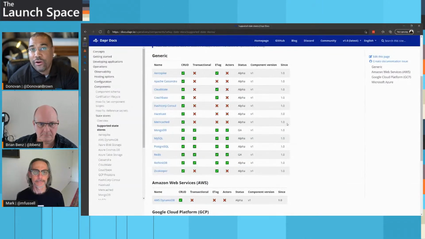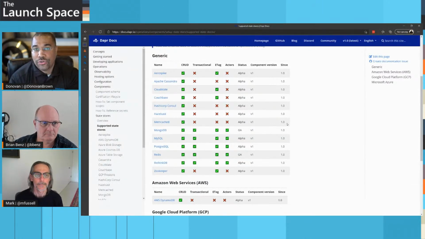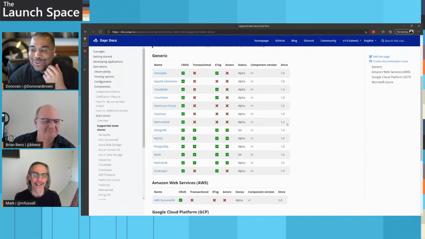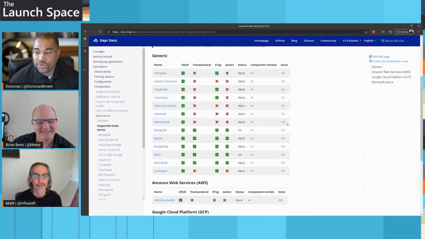some of the generic state stores. And my favorite is obviously the MySQL state store. I think it's the best state store in there because I wrote that one, which is kind of cool. So it obviously has to be the best one in there. But it was a really cool experience to see how quite easy it was to write another state store and contribute to this. It's really exciting to have your contribution in the box of a product this cool. I found it very easy to write.